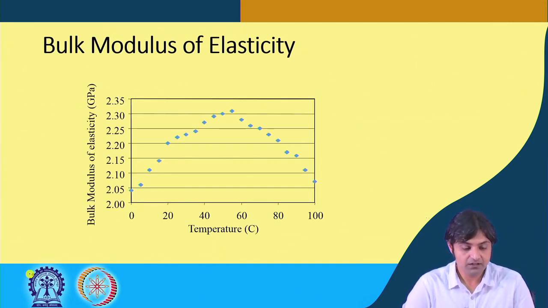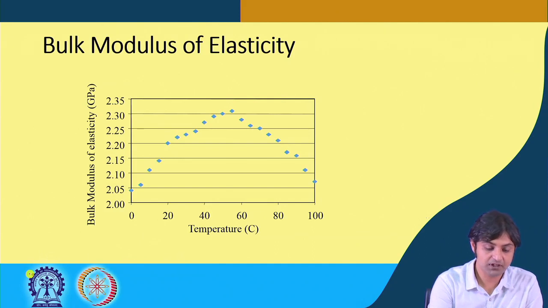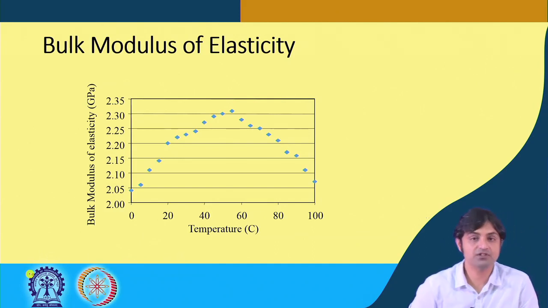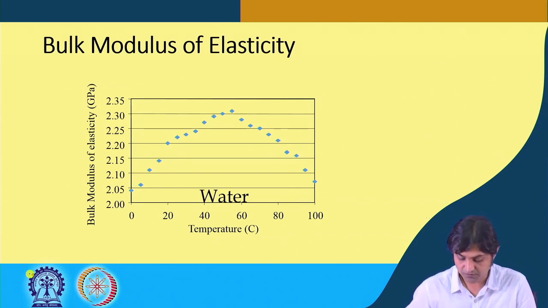So this is the figure which shows the bulk modulus of elasticity, how it varies with the temperature. As you can see, the bulk modulus of elasticity increases as the temperature increases to a certain value and then starts decreasing. These are the normal ranges of temperature in air. 100 degrees is very rare, but the most common ones are 0 to 30 degrees. In India it can be 0 to 40 degrees. So for water, I'm sorry, this bulk modulus of elasticity is for water.